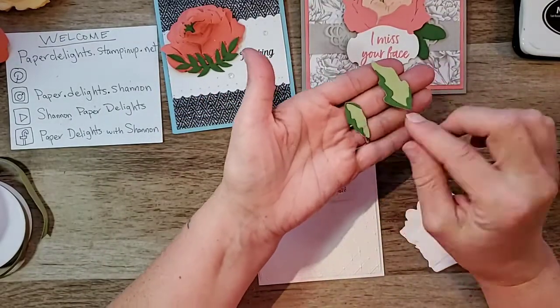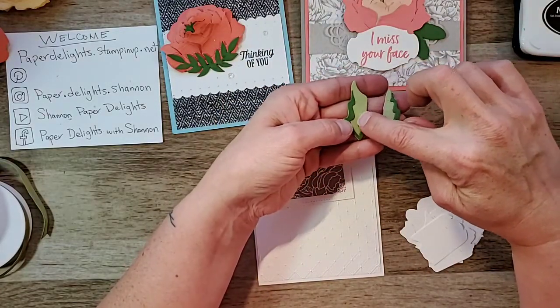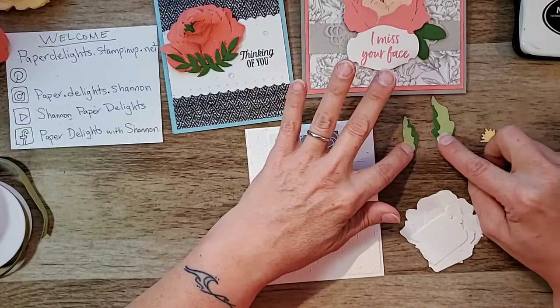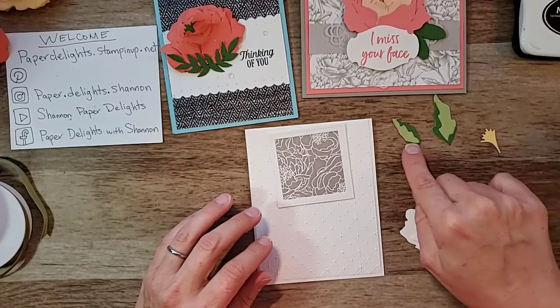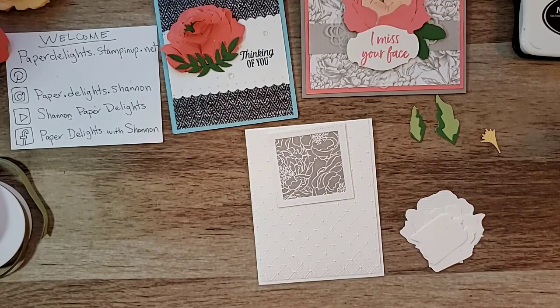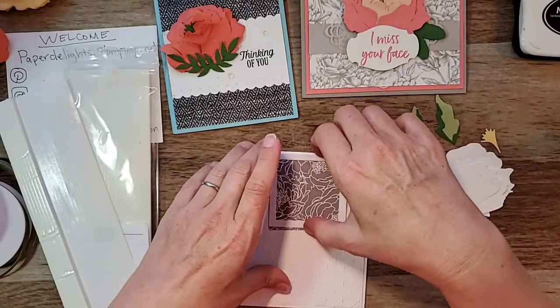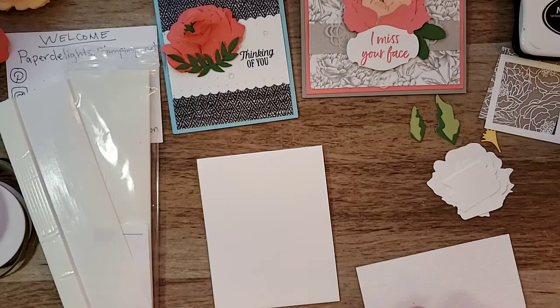These are the fancy leaves I was mentioning. That's with the peony set. So you get this little top piece and you get the bigger bottom piece. This is sort of one of the bigger bottom pieces. And then you can do them in different shades. You could do them the same shade. But I will admit that they're really pretty and really stunning, but they are a lot of work. And if you're making a bunch of cards like I am, you only want to make so many of them. If you're making 1 or 2, I think it'll be fine. But when you're making, how many? 6, 8. When you're making lots, it starts to,